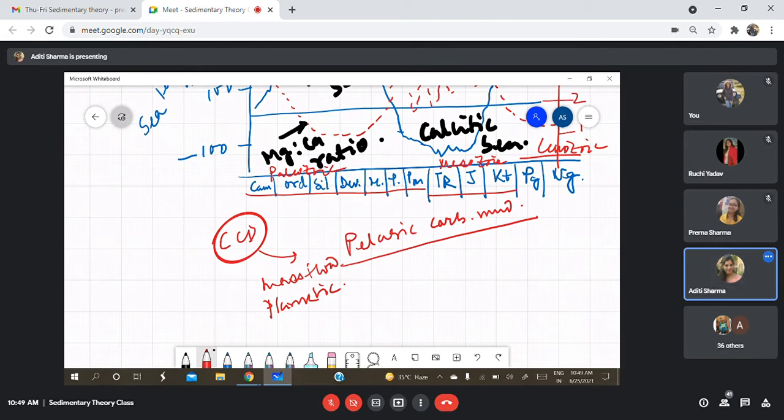Now, normally I expect this at the deeper part of the ocean, but sometimes we get the ancient record that the pelagic mud is recorded right onto the continent. Pelagic mud on continent. How will you account for that? It should be only at the deeper part of the ocean, but it is on the continent. How will you account for that? This is only possible during a sea level high stand.